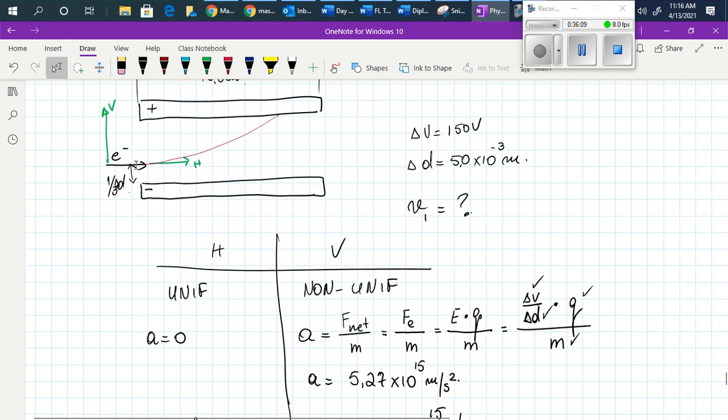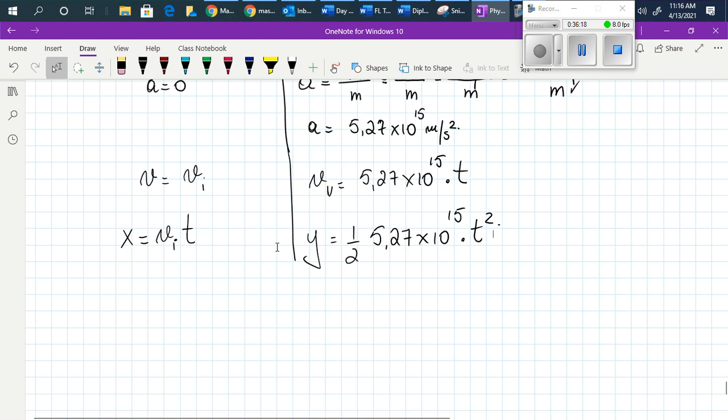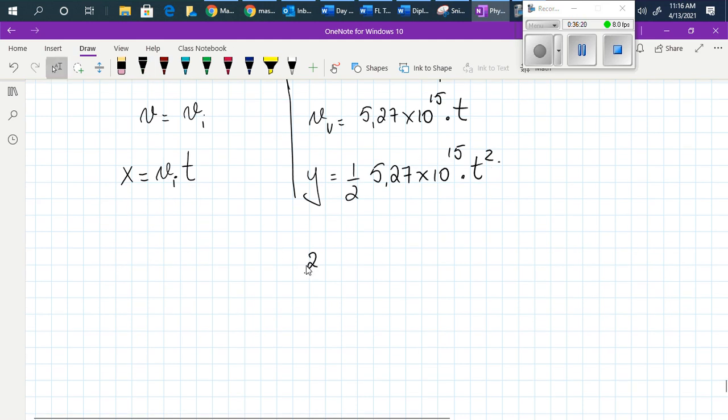What we know is that it is entering at 1/3 from the negative plate, which means that 2/3 of delta d is the y, and it is positive. So y will be 2 divided by 3 times 5 times 10 to the power of -3, that is delta d. So this will be